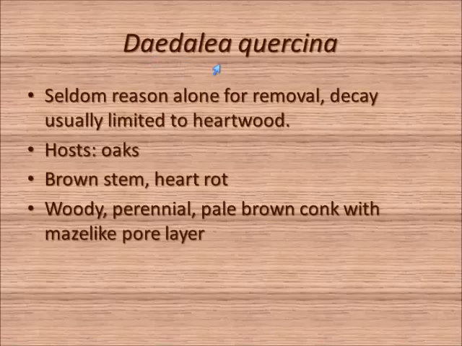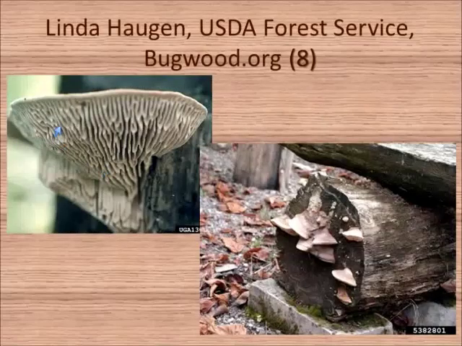I don't know if you know the story of the Greek mythology of the Minotaur, but he was an evil monster, and he was kept in a maze to stop it from hurting people. So the person that created the maze was called Daedalus. And here's a picture. The porous layer of this fungus looks like a maze, so that's how I remember the name. It's commonly found on oaks,